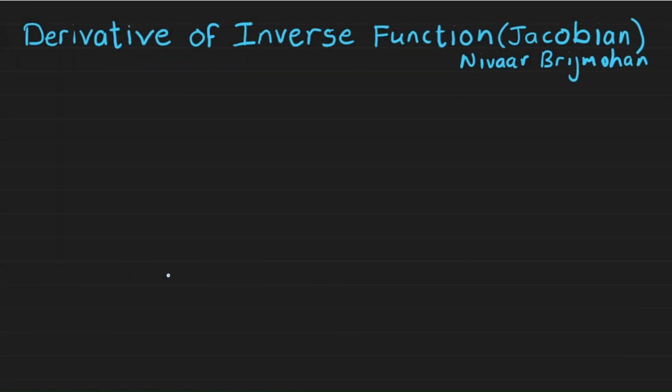In this video, we're going to look at how to find the derivative of an inverse function, and we're going to talk about a very important quantity called the Jacobian, and how the Jacobian is used to find the derivative of an inverse function. So we could have some function u, for example, which is a multivariable function that depends on x and y. So we could say that u is equal to e to the power x multiplied by cos y. We could also have another function v. v is equal to e to the power minus x